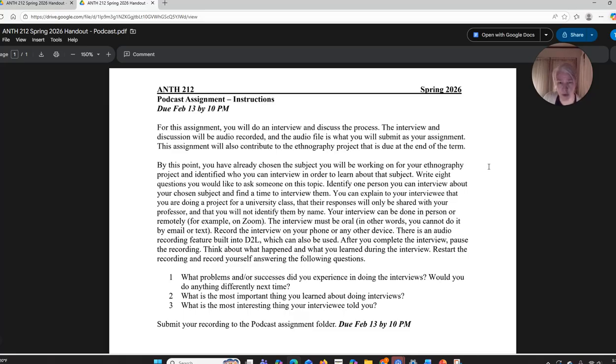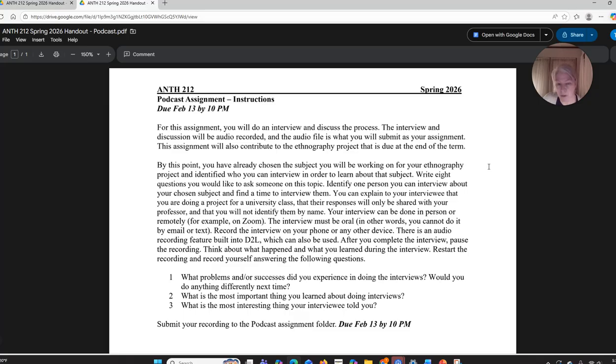There is also, as a sidebar, within D2L, an audio recording function. So you can record something through D2L, and then it's already got the file and you just submit it. So that's another option, okay? However you want to do the recording is fine. So you're going to record one of your interviews, right? So it's you talking, the other person talking, right?